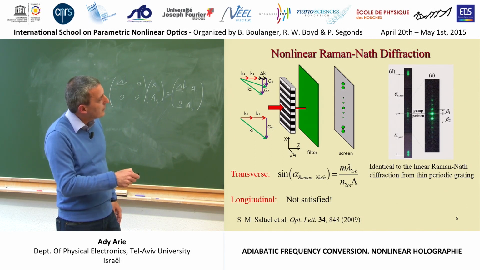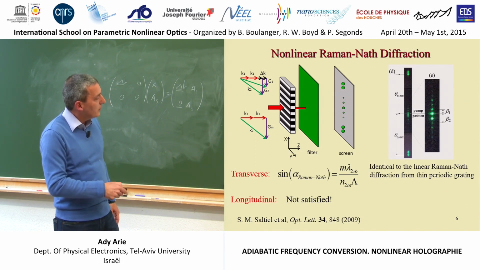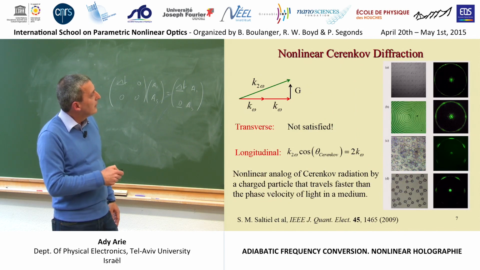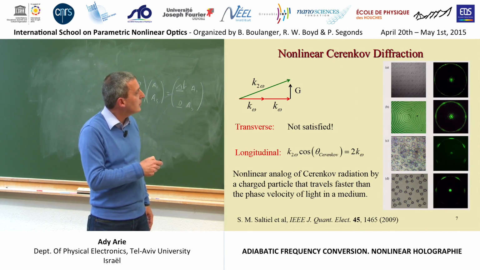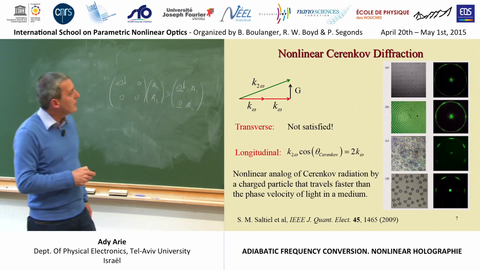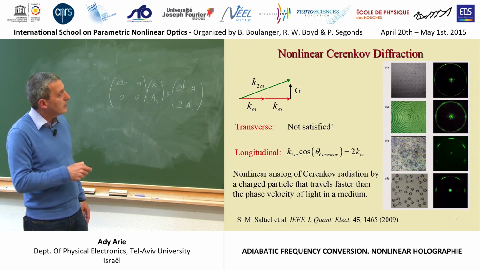Now what about this one? This one is the other condition. The other condition is shown here: the projection of K2 in this direction is 2K1. Okay, but here the transverse condition is not satisfied. And what's nice about it, because it's not satisfied here,